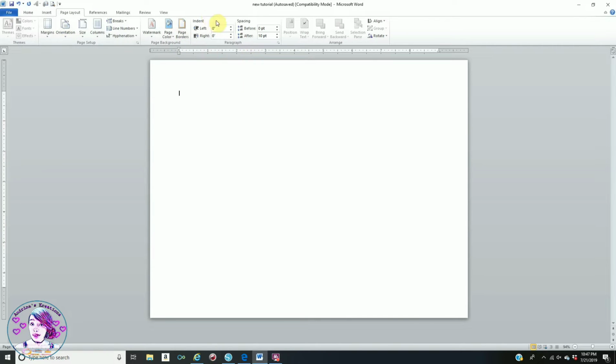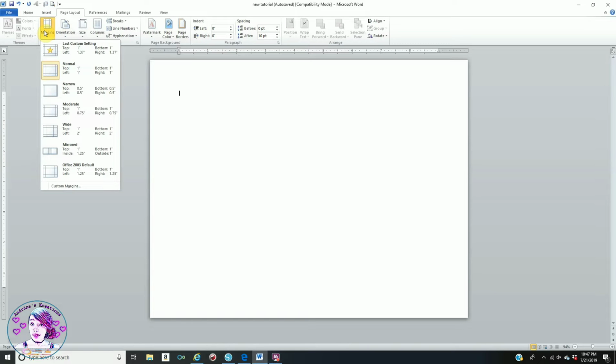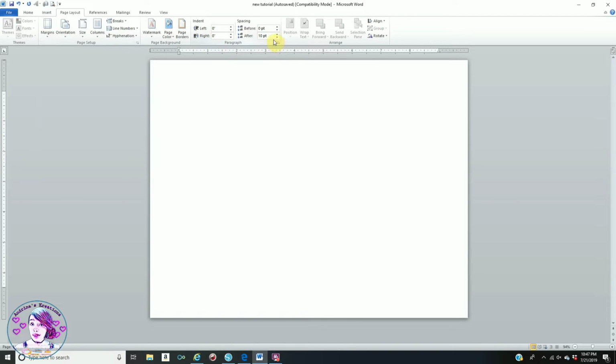People always ask me the difference how I set up my page. I literally don't set up my page no certain way. My margins are normal top, left, bottom, and right on 1 inch, my spacing is on 10 points, and that's it. But I don't touch none of this. I know a lot of people say that their Microsoft Word looks different than mine. I honestly don't know why. I know everyone has different Microsoft Word. That's all I can say. Once you have this on landscape mode,